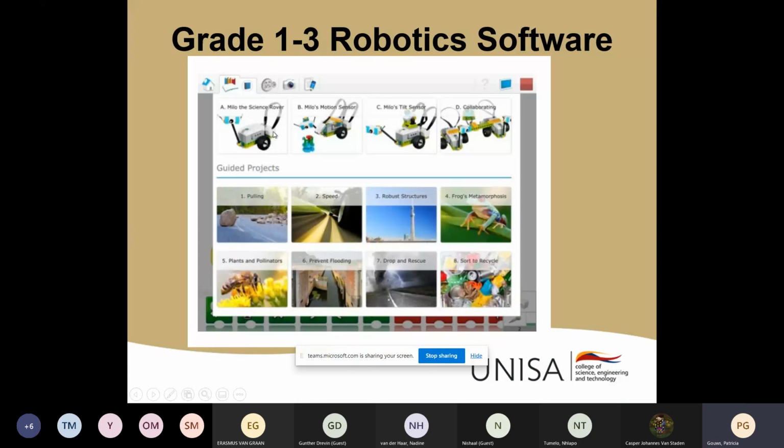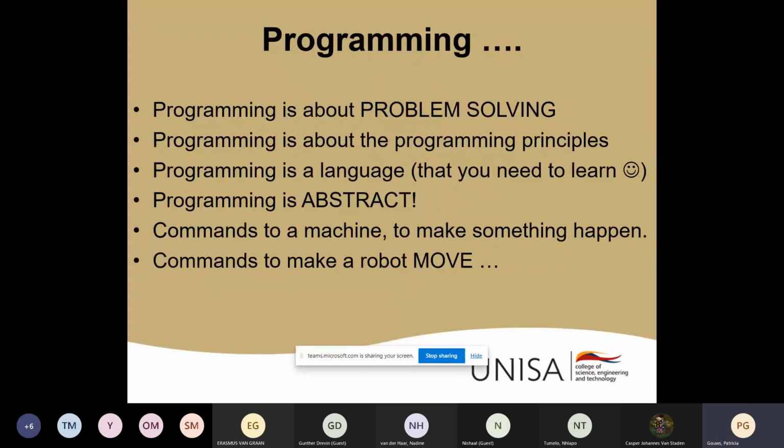You can build little robots, you can make them go forward, you could make it tilt, and then there's some projects as well, some themed projects. So if you're doing trash, then you can do this and then make the little robots sort your recycling, okay? Also, it's all available online and it's all free. Okay, so let's just, before I go on to programming,